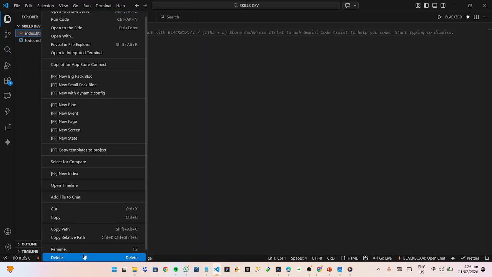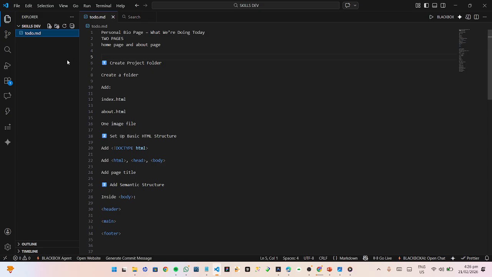So delete. Good. Let's leave our to-do list. So this is our folder, skill development. And inside the folder, we need to get two files. So one file will be what? The